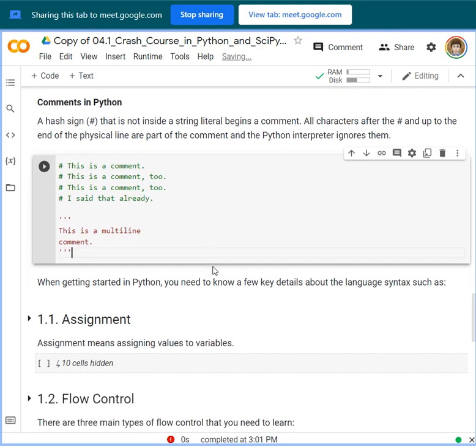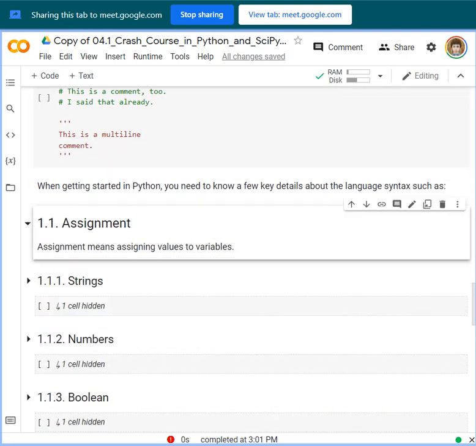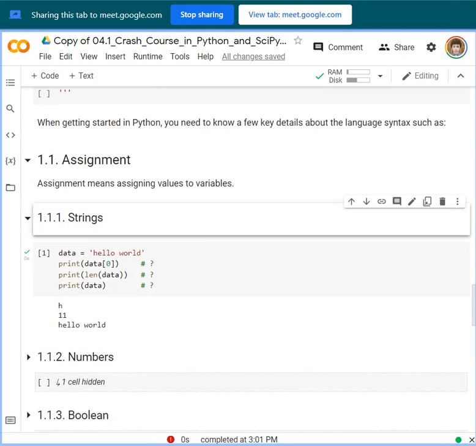Okay, let's proceed to assignment, or what we call the types of variables we can assign in Python. First, we have strings. What do you mean by strings?